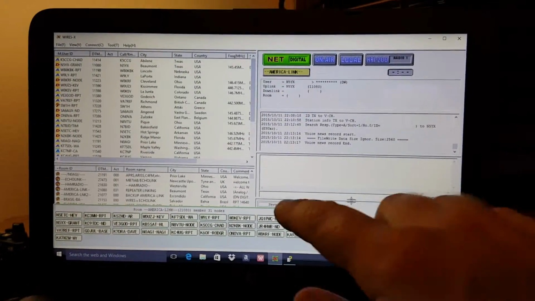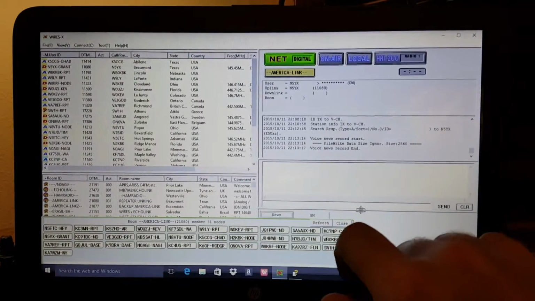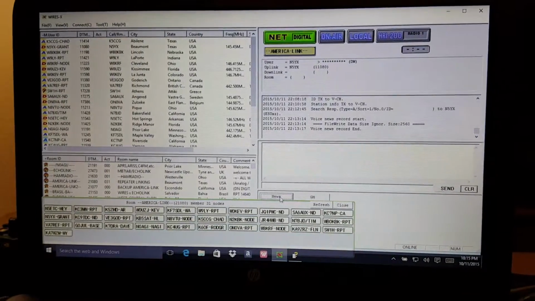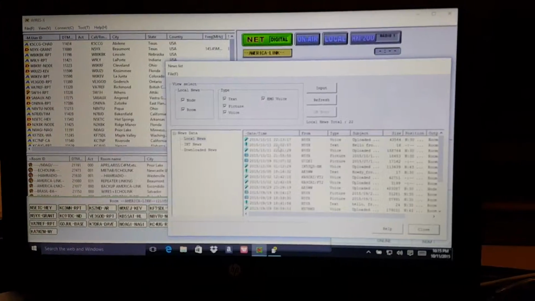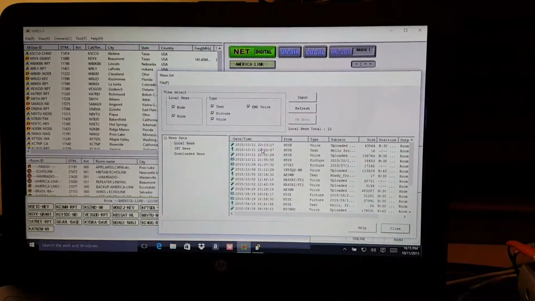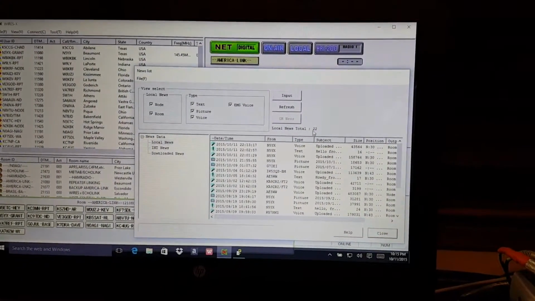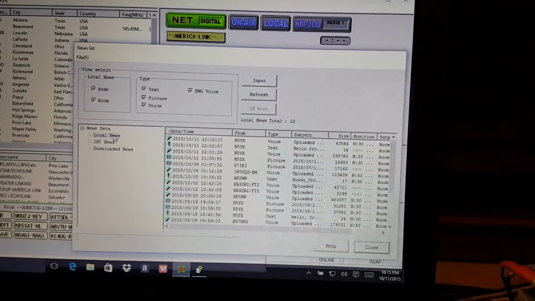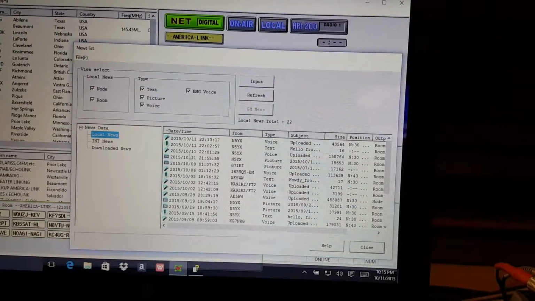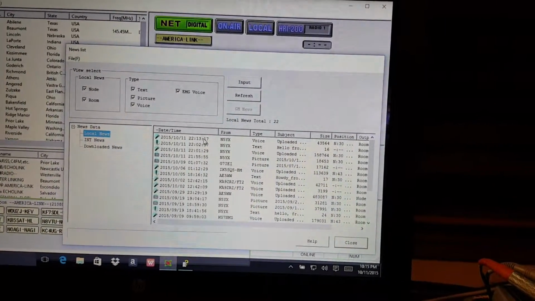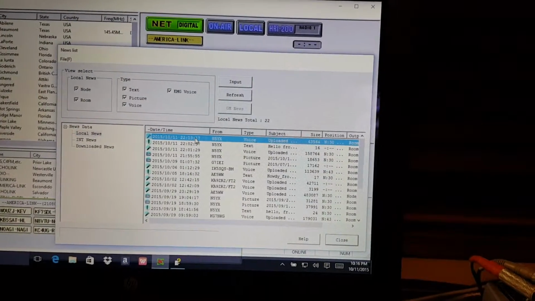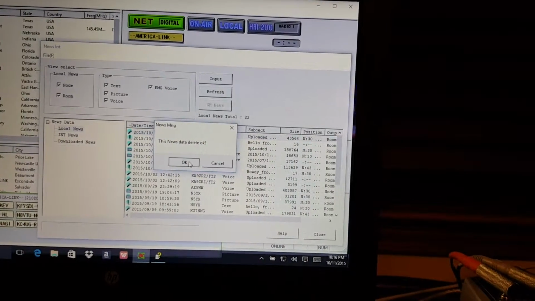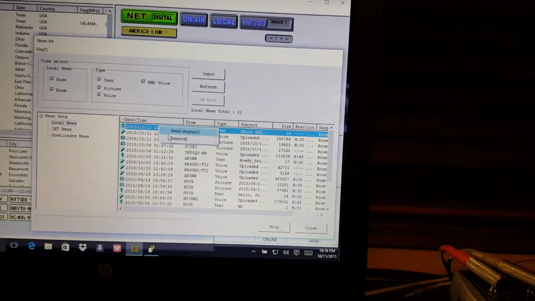Basically what we do to send a data file, you click on the news button right there. It will pop up a window, and as you can see, I have 22 messages in the local newsroom over here. These are all the ones that I've currently uploaded. You can also right click and delete if you don't want the messages. So let me just delete a few